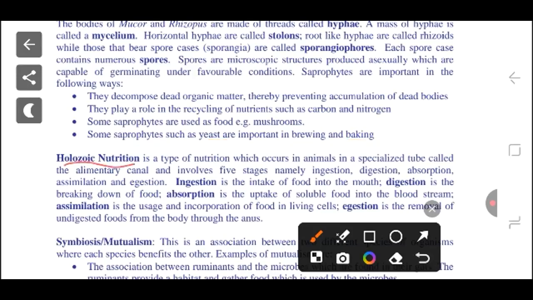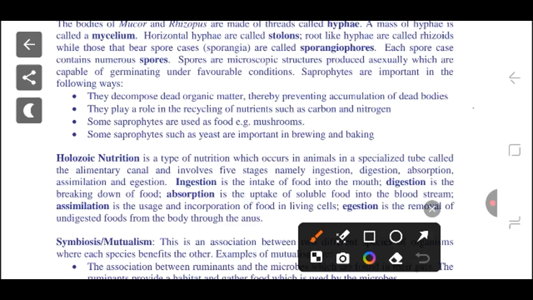Okay, go to holozoic nutrition. This is a type of nutrition which occurs in animals in a specialized tube called the alimentary canal. So we've moved from parasitic nutrition and saprophytic nutrition. Now we're on holozoic nutrition, a type of nutrition which occurs in animals in a specialized tube called the alimentary canal,